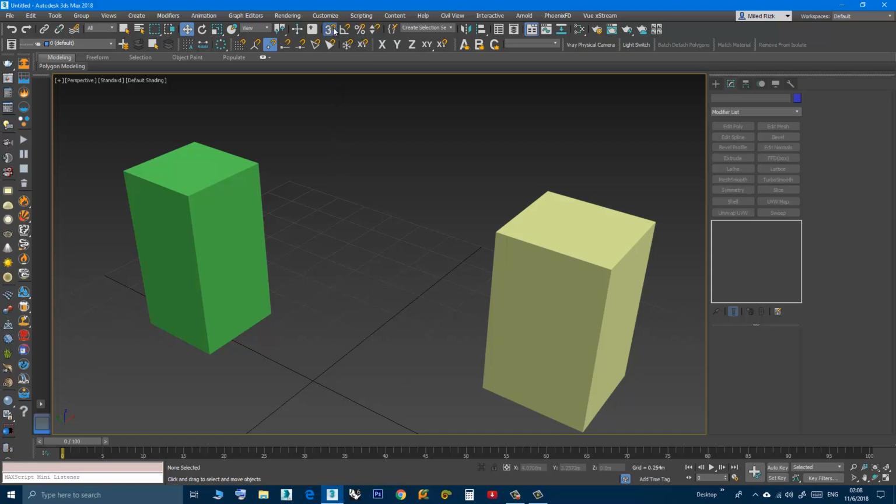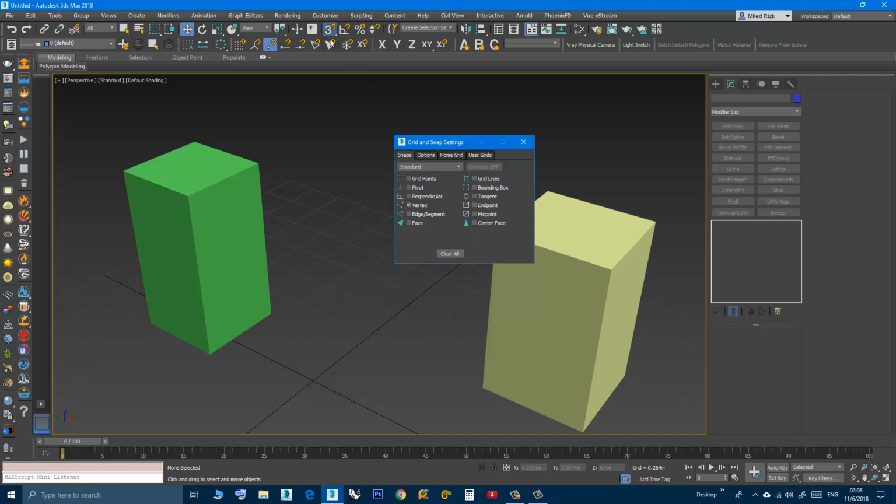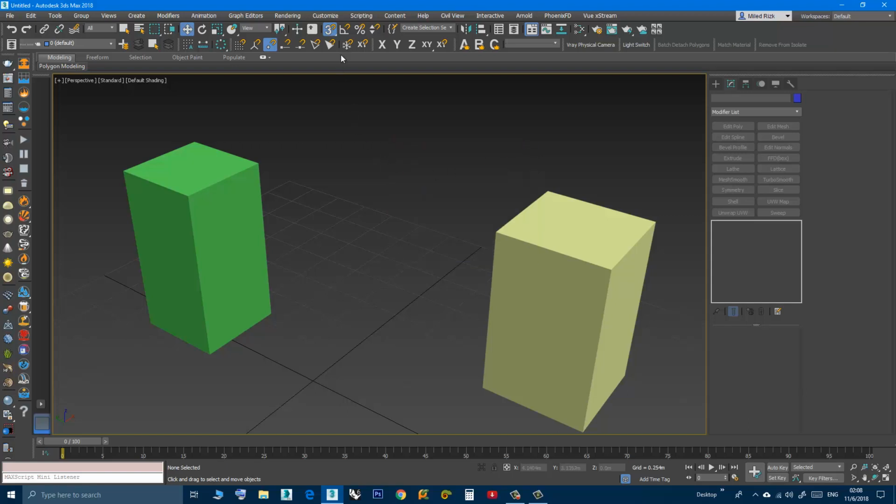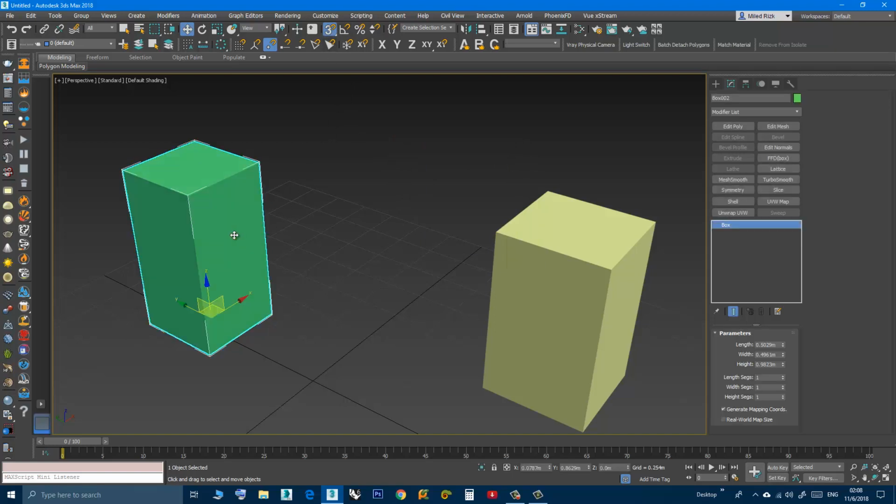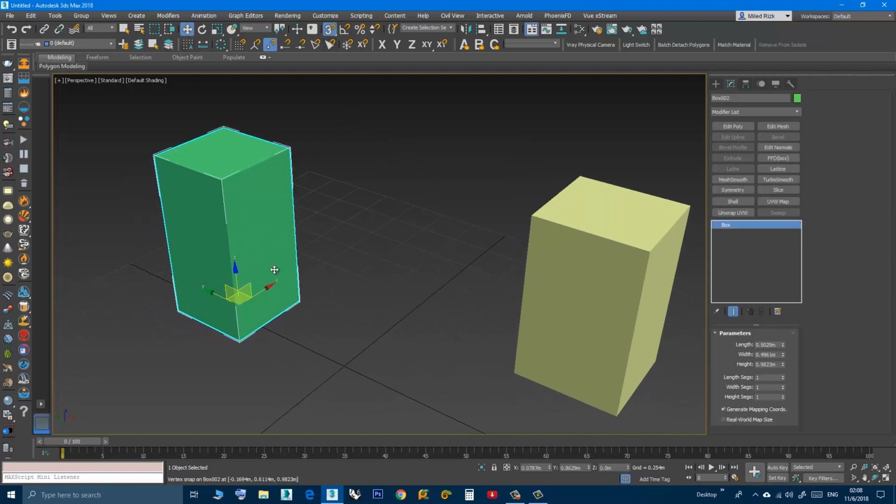But now I need to know what types of snap are available and on at this moment. So I right click this button. At this moment, vertex snapping is on, so this is enough for me now. I can close the dialog and make sure that it's on. Select this object, move, and now, as you can see,